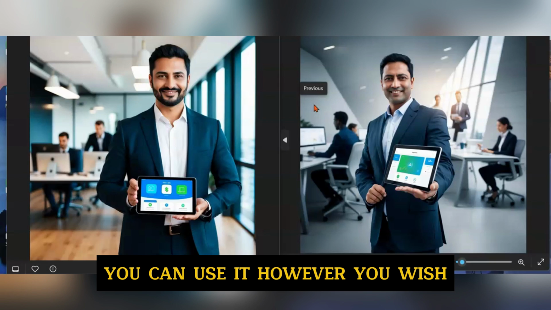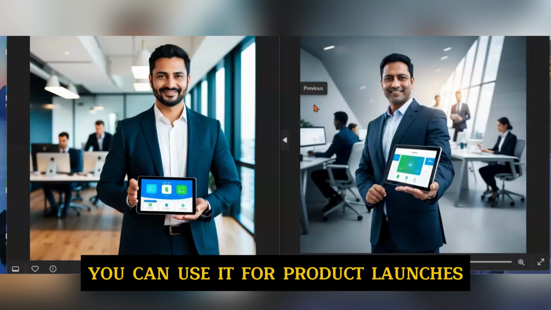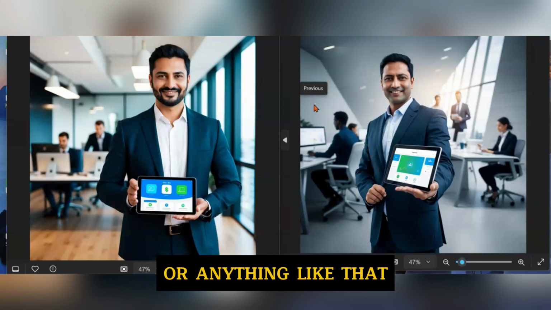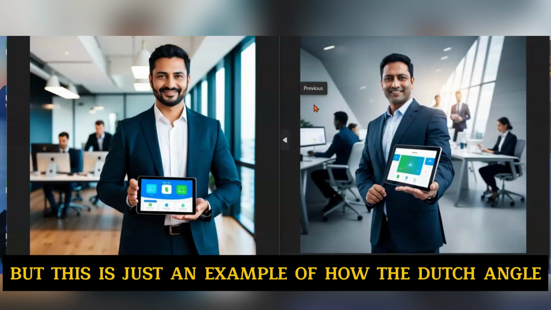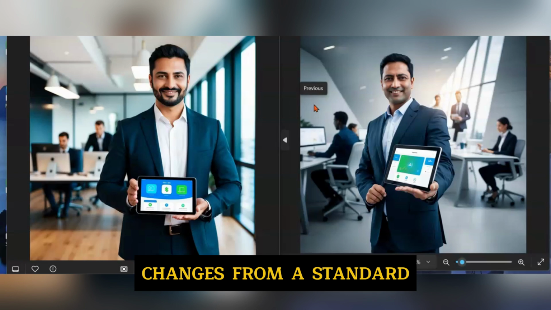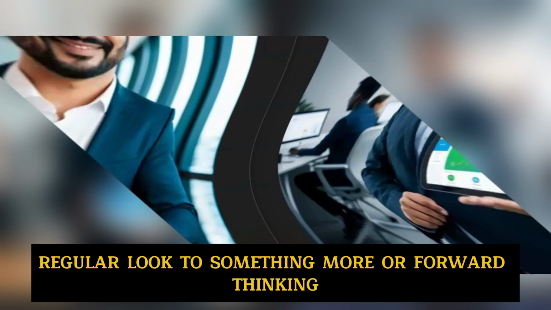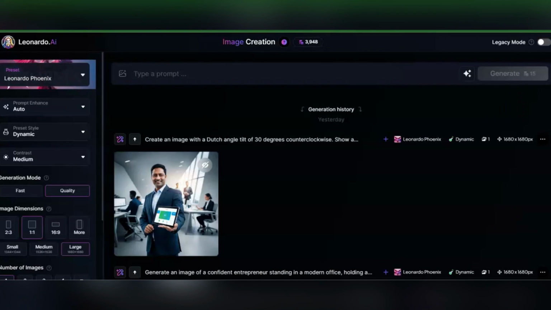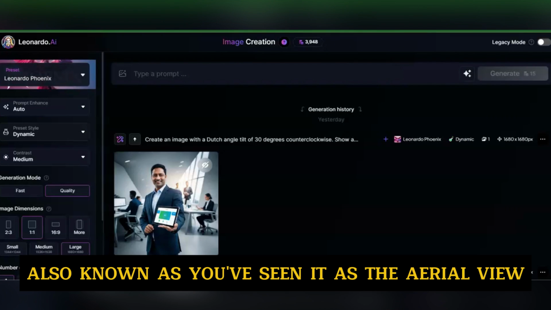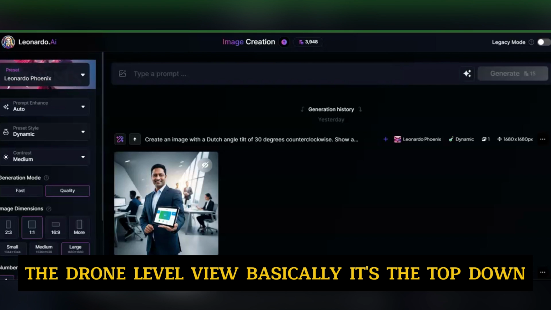You can use it however you wish. You can use it for product launches or anything like that. But this is just an example of how the Dutch angle changes from a standard, regular look to something more forward-thinking. Bird's eye view. Bird's eye view, also known as, you've seen it as the aerial view, the drone level